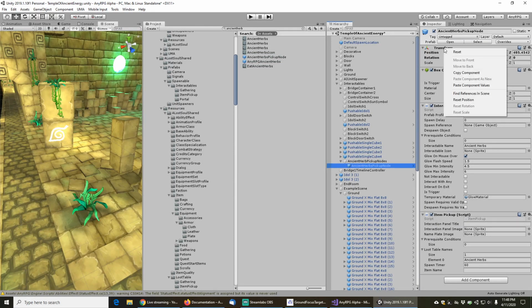We are then going to paste component values,